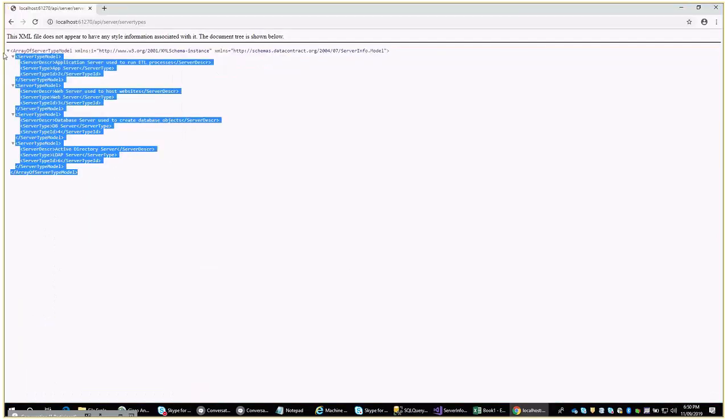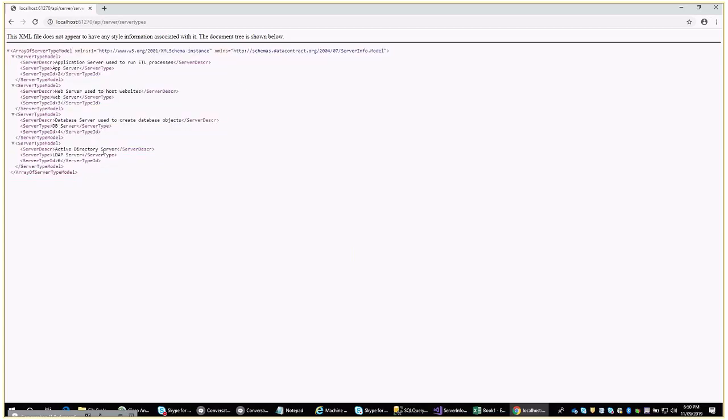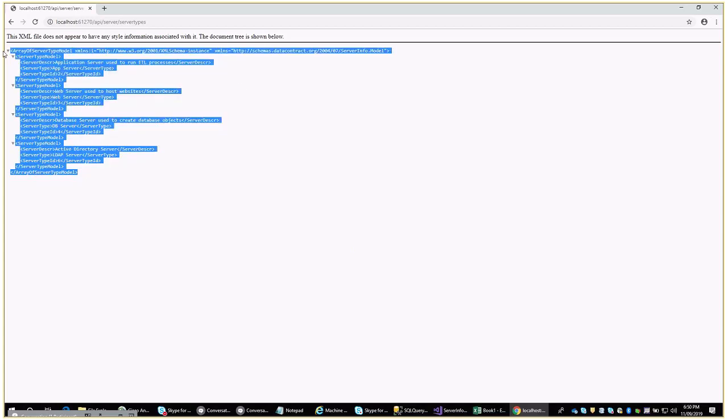So mostly it returns in XML and you can also change it back to the JSON format. So whatever it is, for now I want to keep it this way, but I will show you how to change the JSON format also. For now, we just keep it here. I think